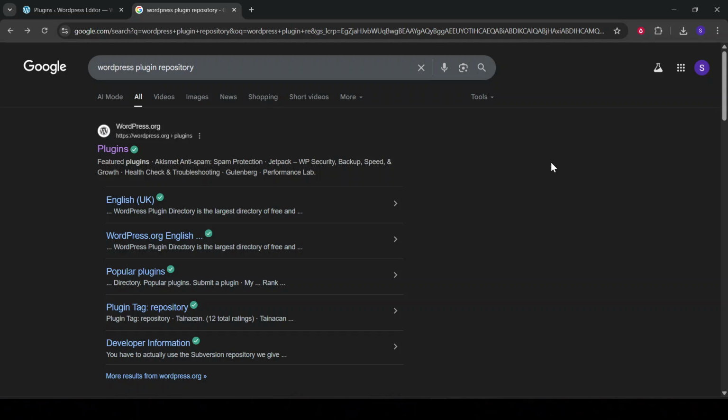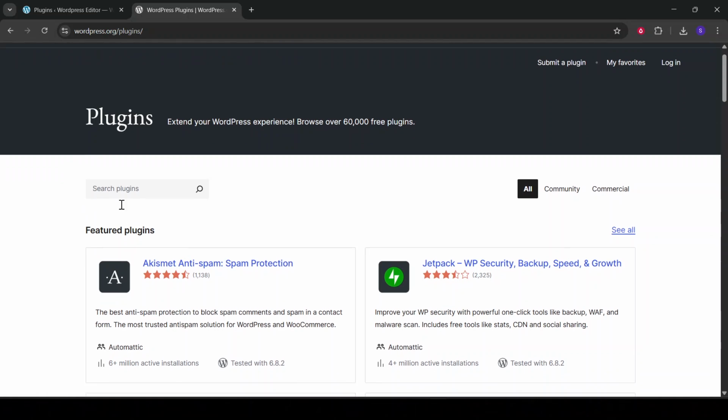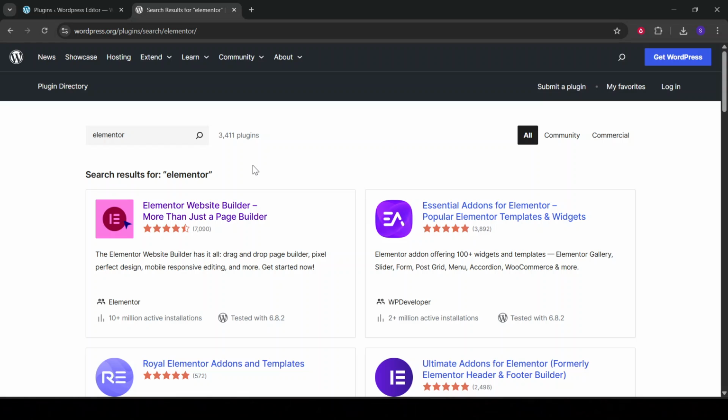To begin, you'll need to open your preferred web browser and navigate to the WordPress plugin repository. You can do this by typing in WordPress plugin repository into your search engine, or simply go to wordpress.org and find the plugin repository section. Once you're there, use the search bar to look up Elementor. This should bring up the Elementor page on the WordPress directory where you can view the various information about the